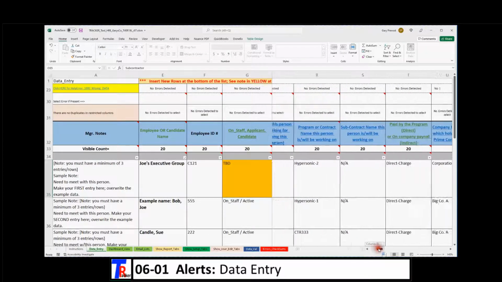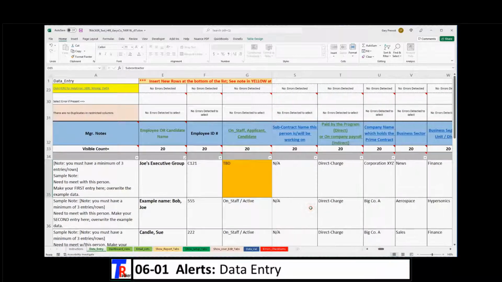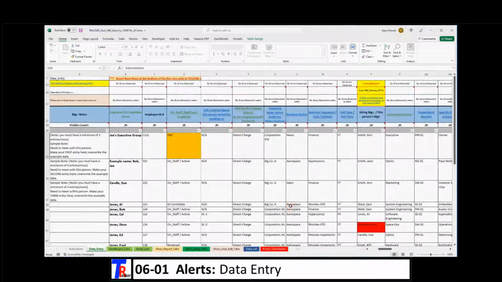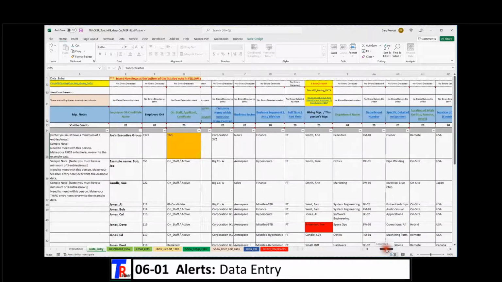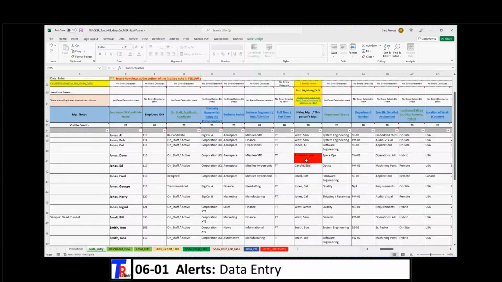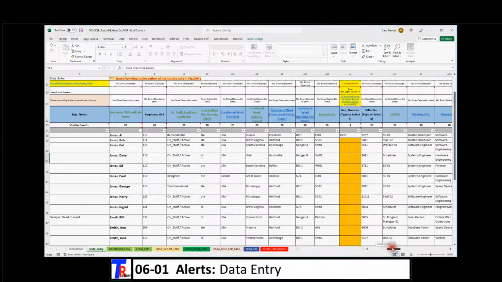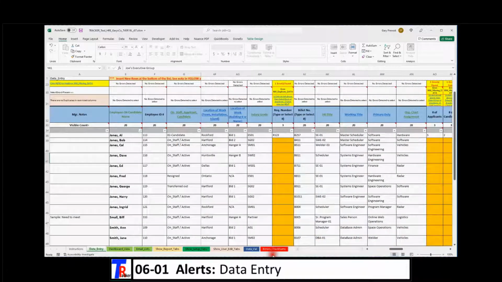That applies to most of the cells going across. So I'm going to shrink this back down a little bit, so we can see this other one, Joe Anderson. He's no longer actually in the list. So I can simply select it and reselect the appropriate one. Let's say it's Joe's executive group. The links that appear if there's an error take you to another tab, which is the error checksums tab. And I'll show that in a little bit, but let me scoot across here a little bit more,